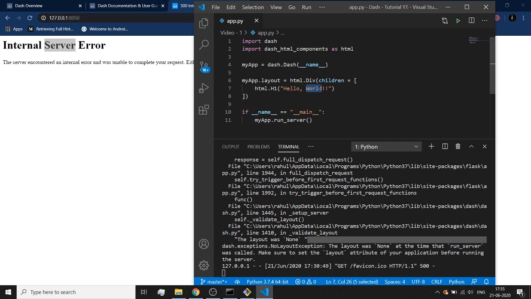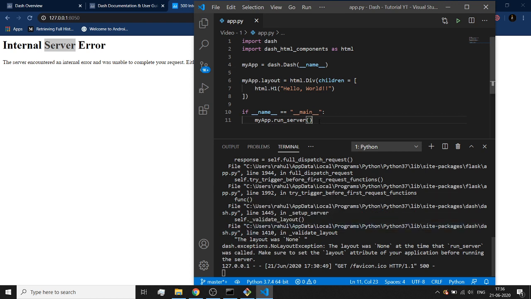So I'm going to save this application, and I'm going to break this application here. Now you might be wondering that the server is still running, so why do I have to break this application? The reason is that every time I make a change I need to break the server so that the next time I run this particular file again, the new changes can be applied.